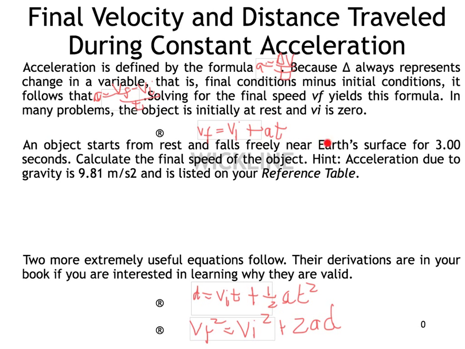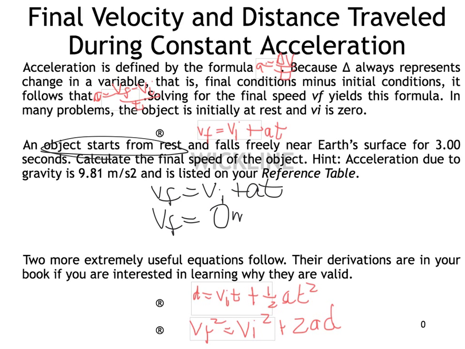It says an object starts from rest and falls freely near Earth's surface for 3 seconds. Calculate the final speed of the object. All right, so the final speed is VF. So we don't even need to rearrange this equation. It's nice and set up for us. So you start out by just writing VF equals VI plus AT. And we already are solving for VF, so I can start plugging in VI, or the initial speed. Now it says the object starts from rest, so the initial speed is 0 meters per second,